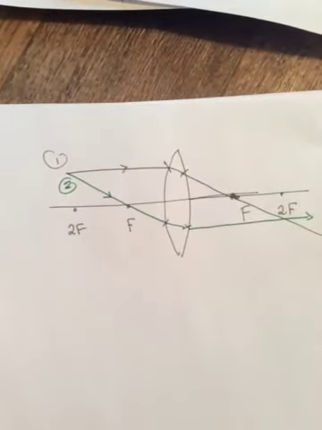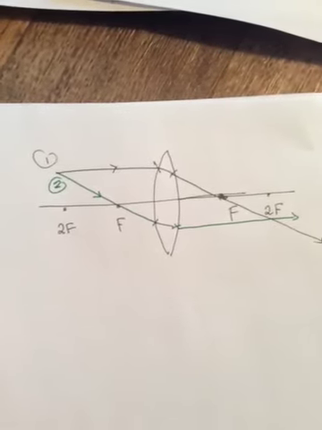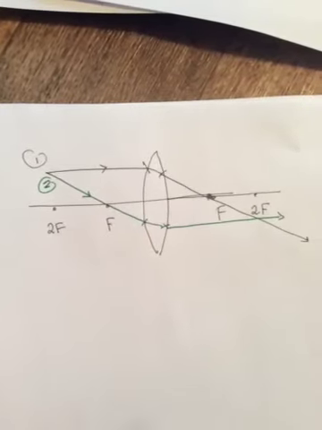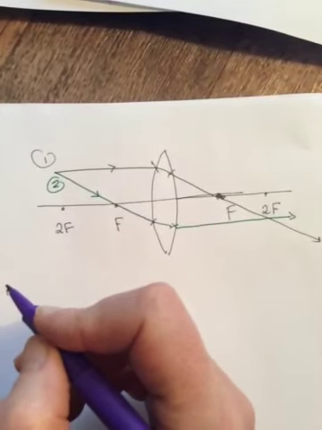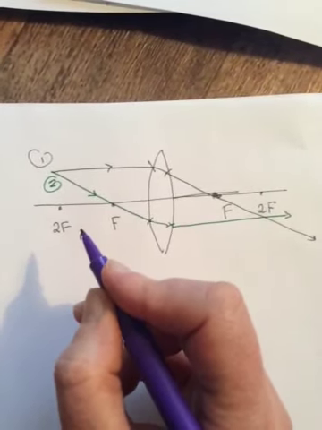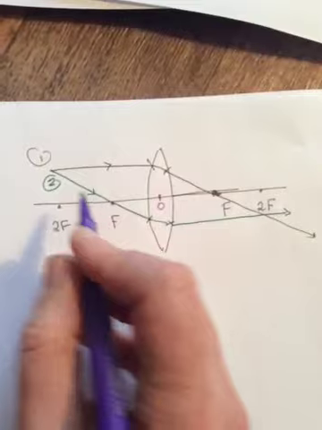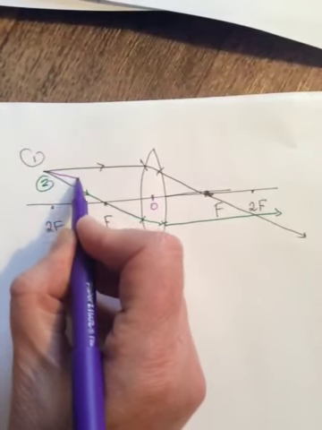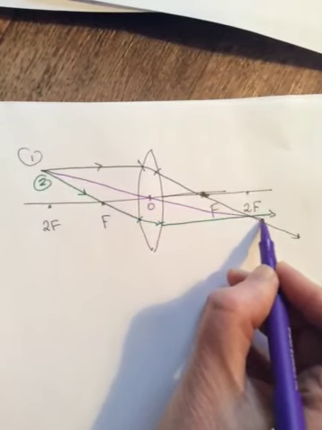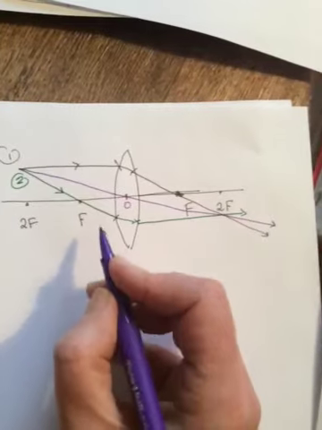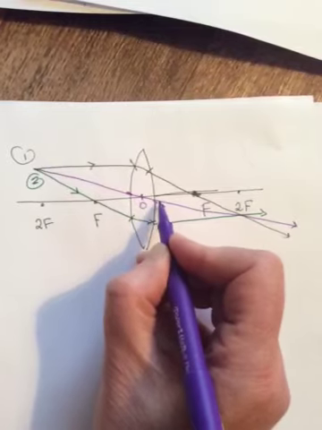This should sound familiar. They are actually identical to two of the rays that we were using to find images in the converging mirrors. The third one in the converging mirrors, the concave mirrors, was a ray going in through C. But this time, it's going to be a ray passing through the O. So a ray passing through the optical center of the lens passes straight through without getting refracted. Okay, so that means it's hitting the normal on either side here, and it's going to pass